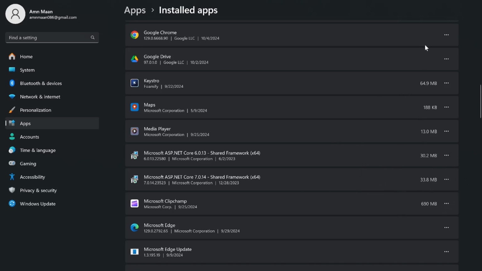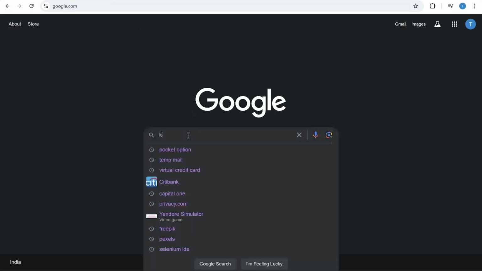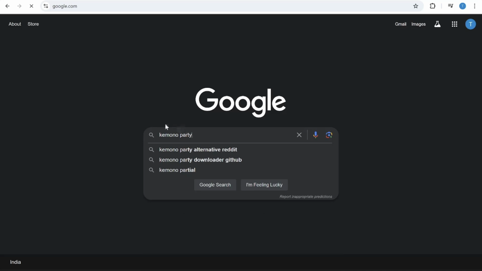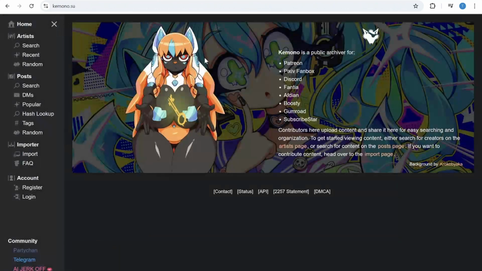And the other thing you can do is simply open up your Kemono party website and then look out for the announcement if there is any update available, and if there is any update released, then you can simply update your Kemono account. So that's how you can fix